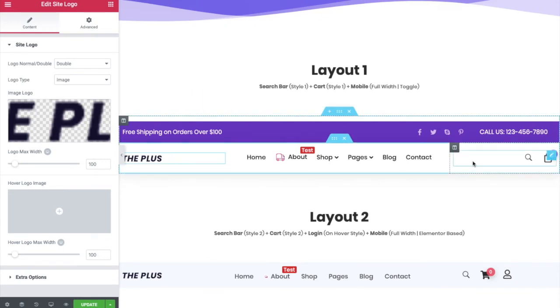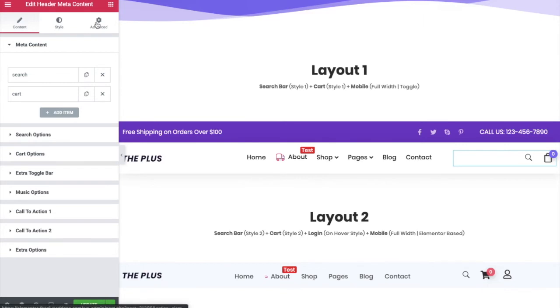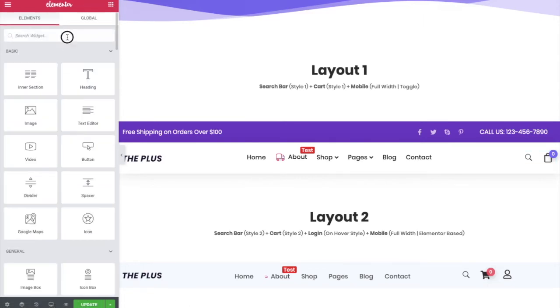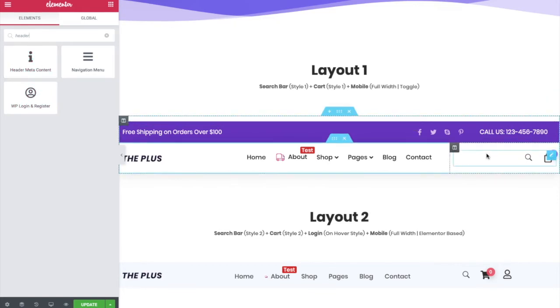After that, we also have one more widget which is called header meta content. You can find it by searching header meta content. In a header meta content,